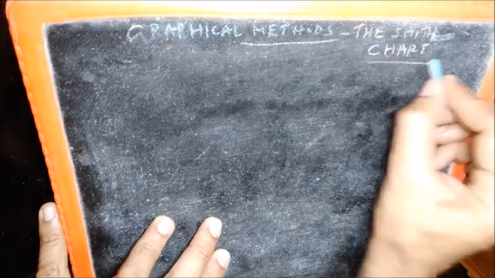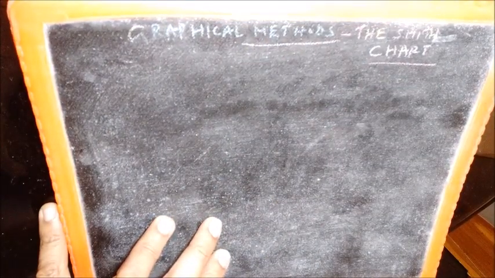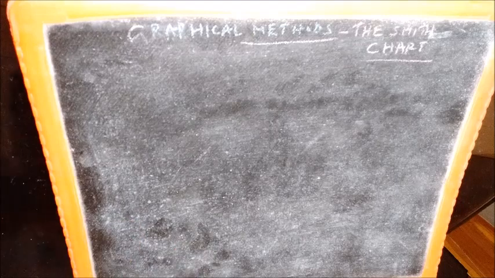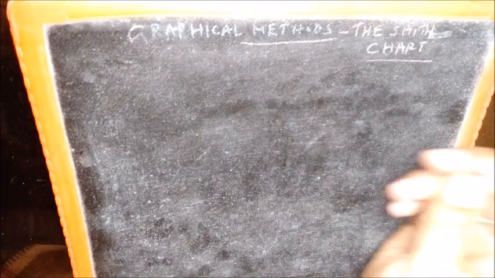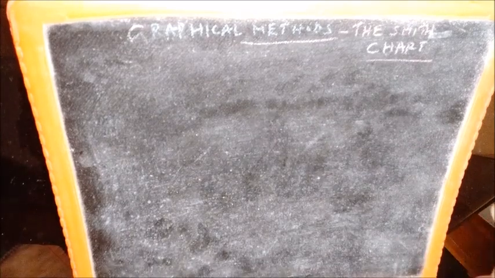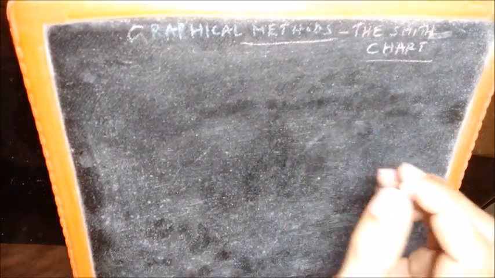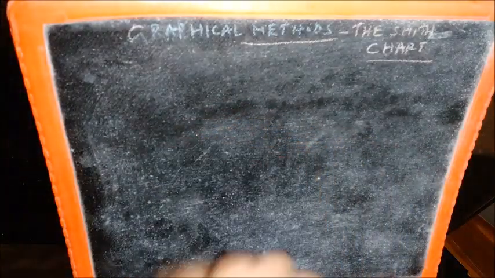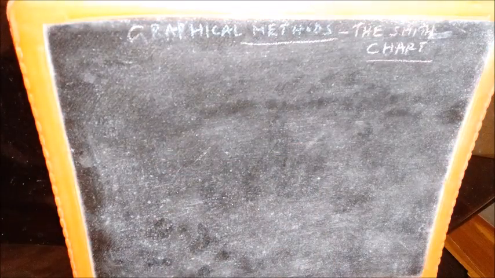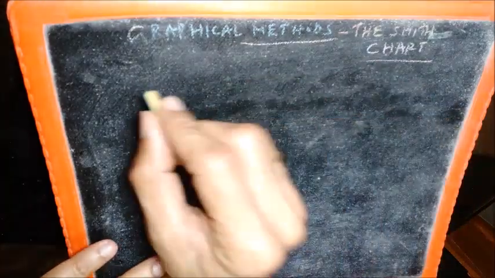So graphical methods using the Smith chart. So let us first derive the Smith chart, spend some time on deriving the Smith chart, and then we will proceed to understand how the Smith chart is used in the various transmission line